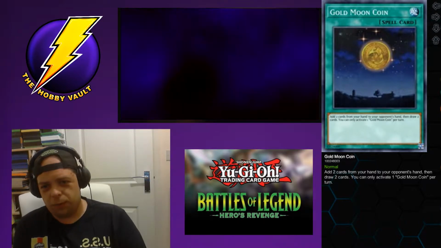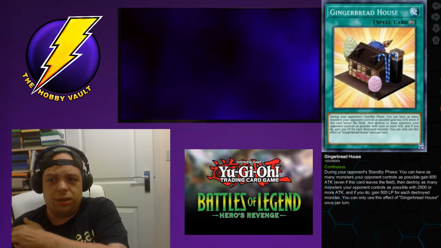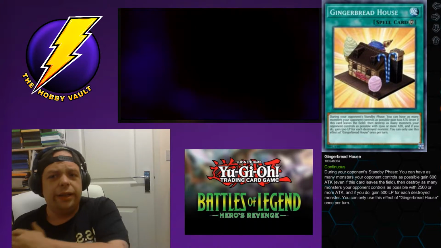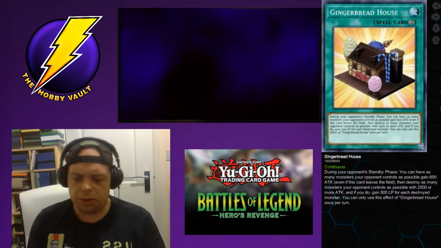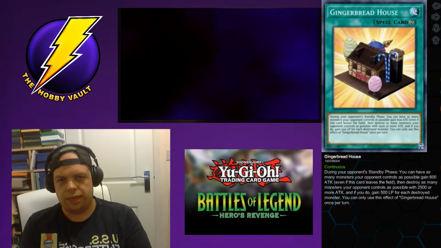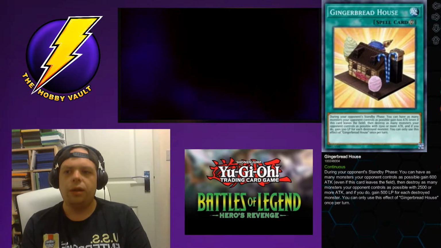And then the quirkiest one that I saw, and I was quite impressed by this, was Gingerbread House. This is a continuous magic spell that gives your opponent's monsters 500 extra attack. And if they are 2,500 or over...